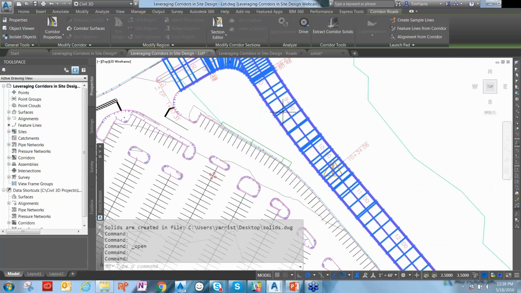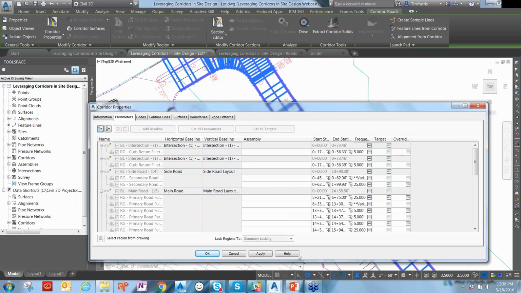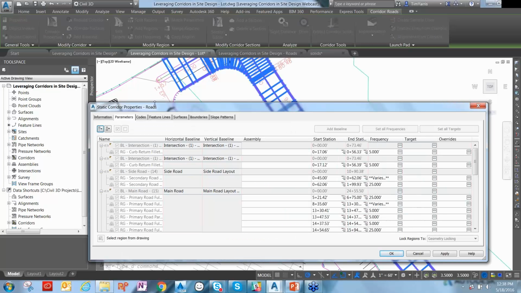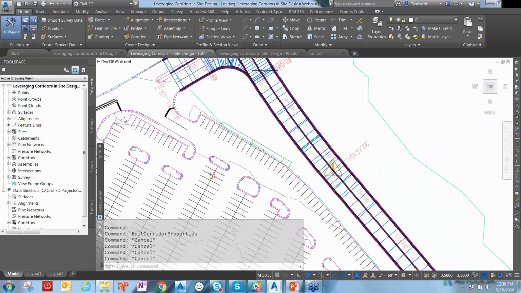Or tell you what, were there any others? There were a few others. There's a question about can you change how the corridor displays? So I'm assuming the style of the corridor, and along with that, can you turn regions on and off? So I don't believe you can turn regions on and off. But what you can do, one of the things that we are actually working on, tell you what,